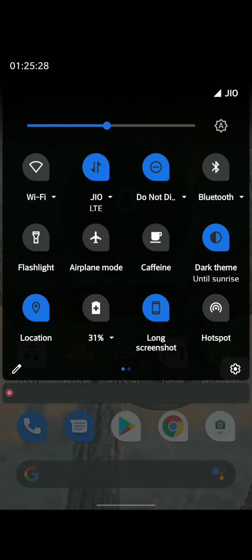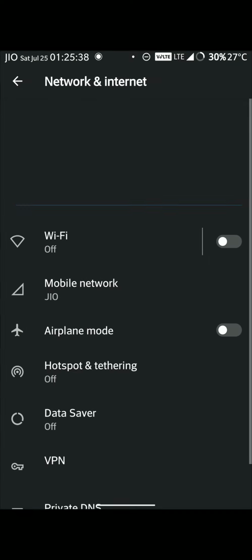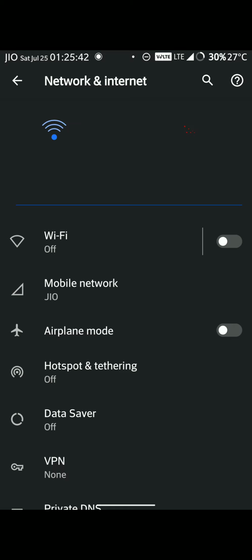If we go to settings, to network and internet, we see a very funky animation. Can you see on the top? It looks very nice, and the toggles are kind of like OnePlus. If we go to Wi-Fi,